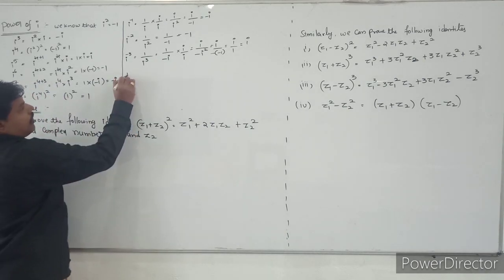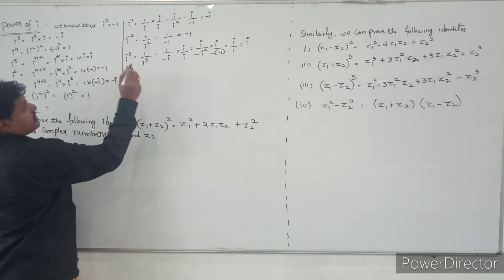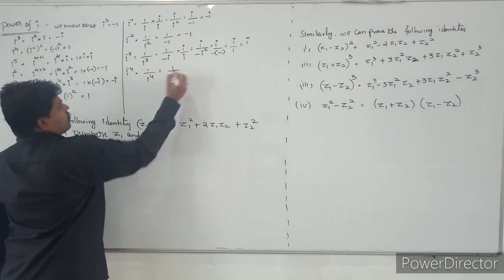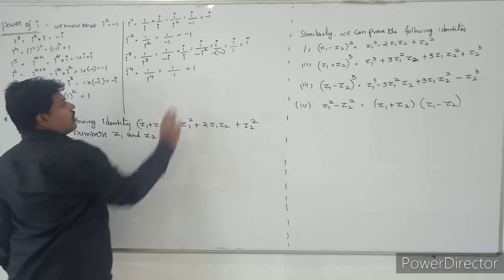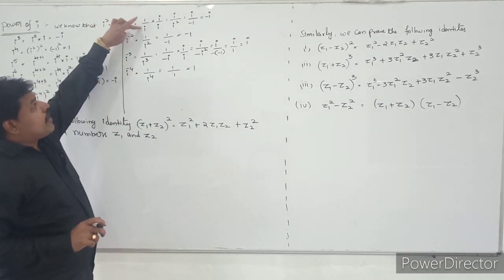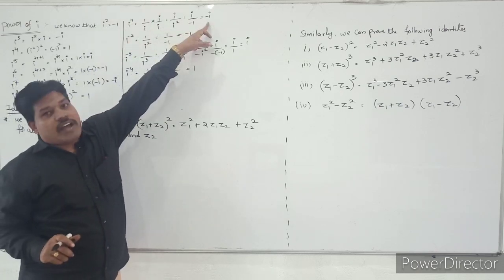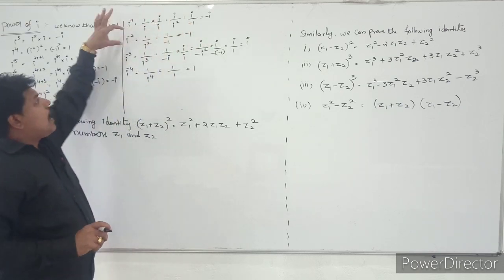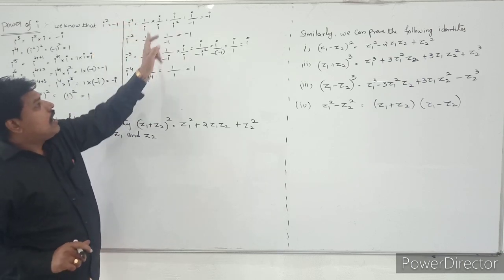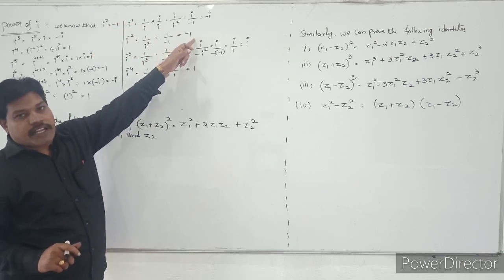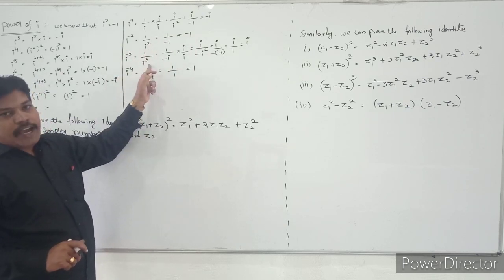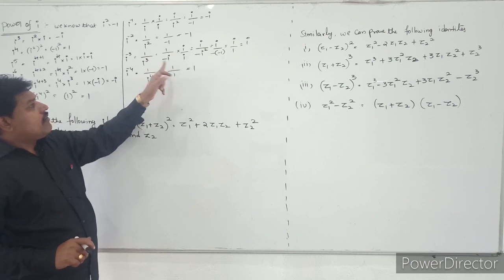So similarly i power minus 4. What is i power minus 4? It is nothing but 1 by i power 4. So that is i power 4 is 1, so it will become 1 only. So i power minus 1 is 1 by i. What is the 1 by i value? 1 by i value is minus i. I power minus 2 is nothing but 1 by i square. 1 by i square value is minus 1, so it will become minus 1. I power minus 3 is nothing but 1 by i cube. So i cube value is minus i.